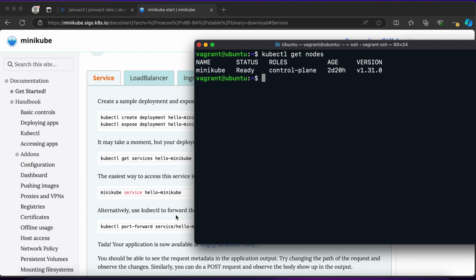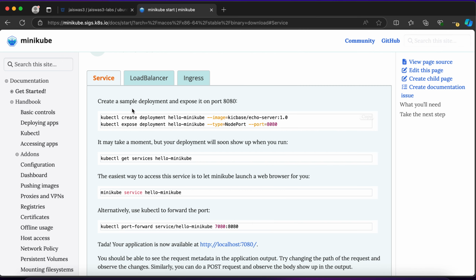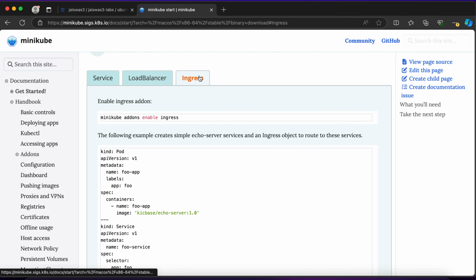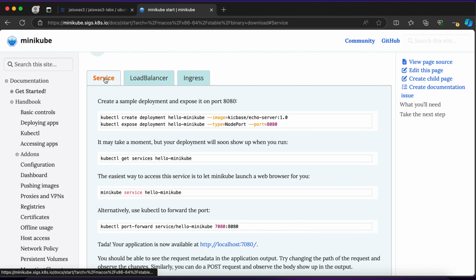In our previous session, we took an example of how to deploy a sample app on Minikube. Now, in this session, we will be doing our custom deployment. Apart from this, we will be covering the ingress part as well. So we will be taking up this particular example. All right, so let's get on